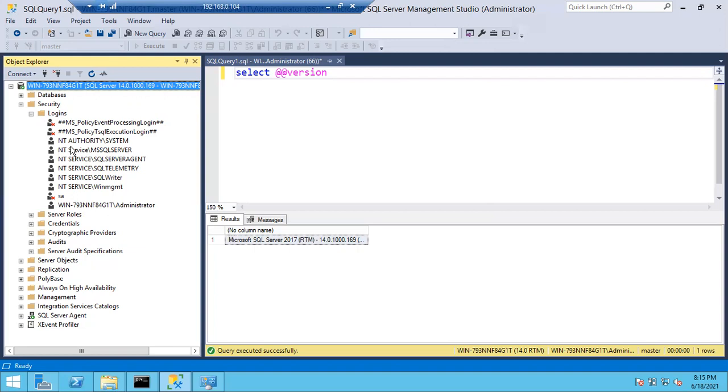Don't think we will give access to everyone who requests access on the database. Nothing like that. We need approvals from the manager. We need business approvals. We need justification: why are they going to connect to the SQL server, why are they going to access the database, why are they going to connect to the database or table? Once the justification is clear, then only we give access, guys. Don't give access just because someone is asking.